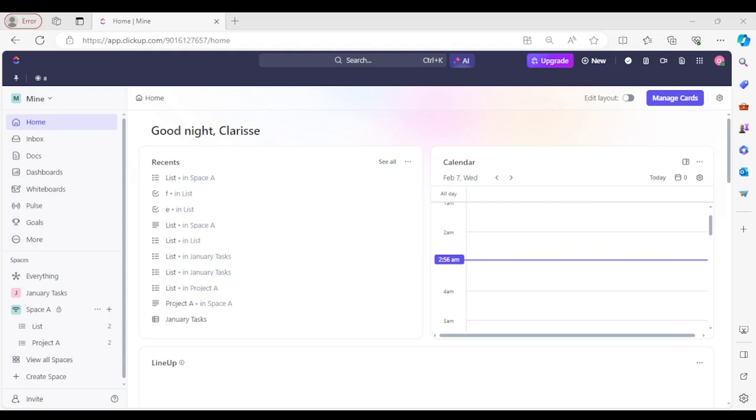Hey guys, welcome back. In this video I'm going to show you how to create subtasks for a subtask in ClickUp. So let's begin. First is to log into your profile, and